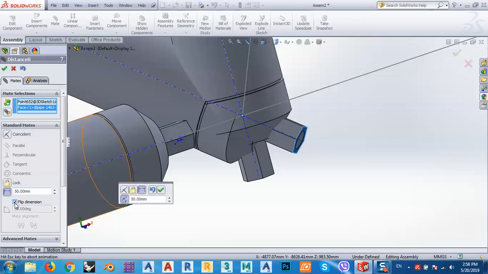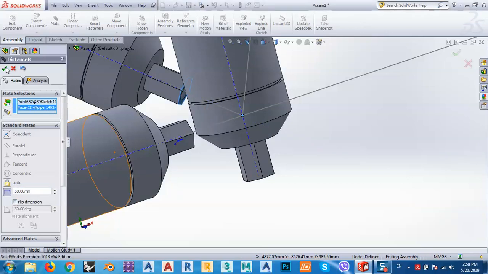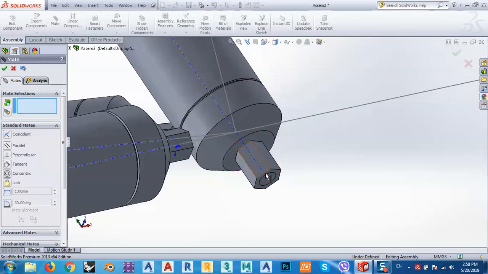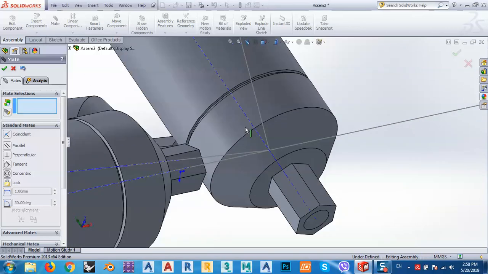We have to flip dimension like this, finish. Again for this one we have to flip dimension,